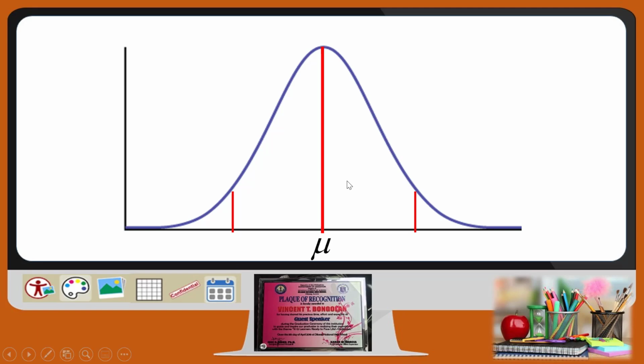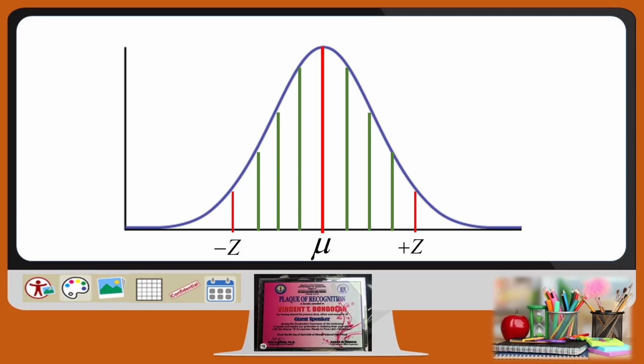The center part of this is denoted as the average, or mu. The right side of the bell curve is the positive z-score, and the left side corresponds to a negative z-score. The area between the negative z-score and the positive z-score, the green part, is based on the confidence level, which is